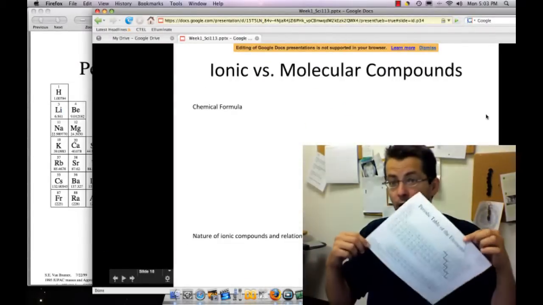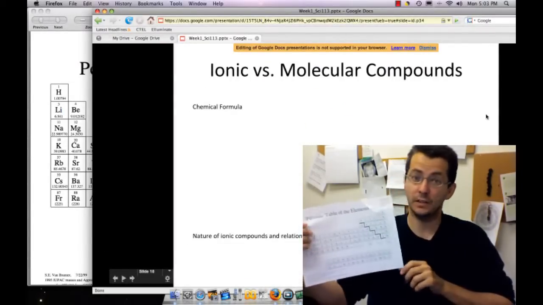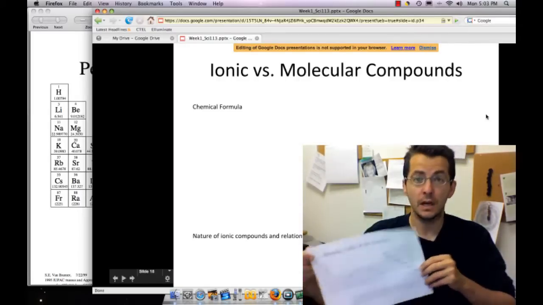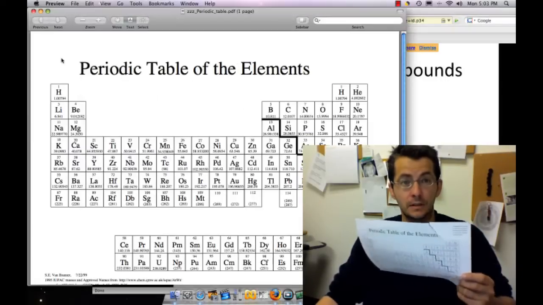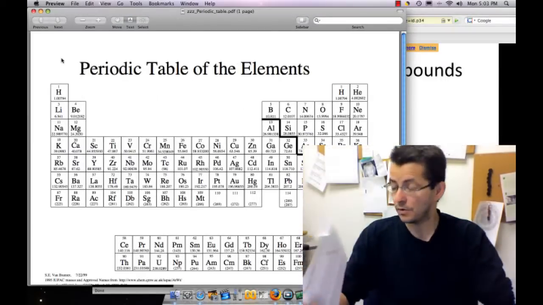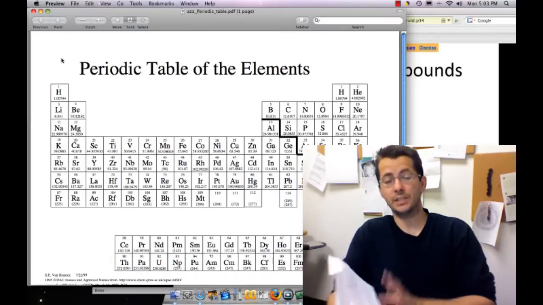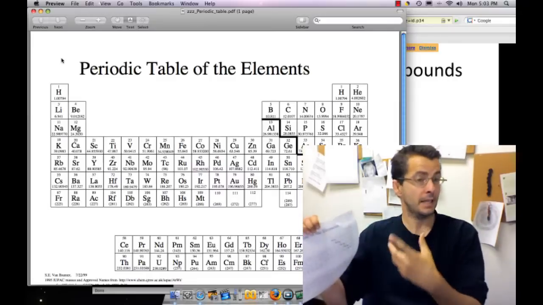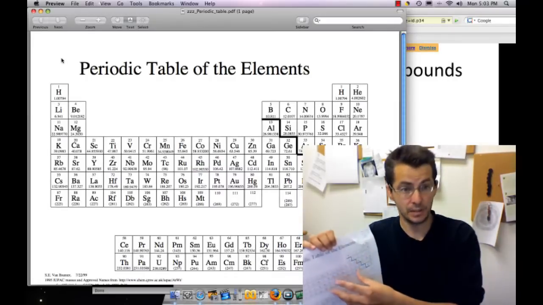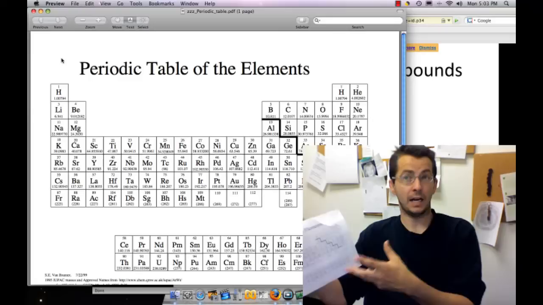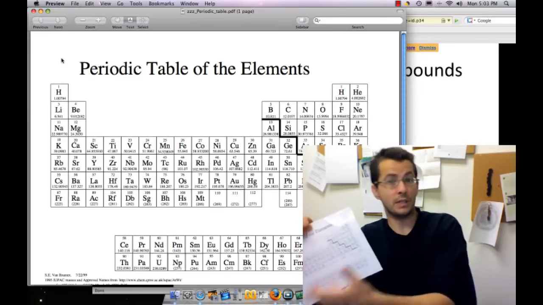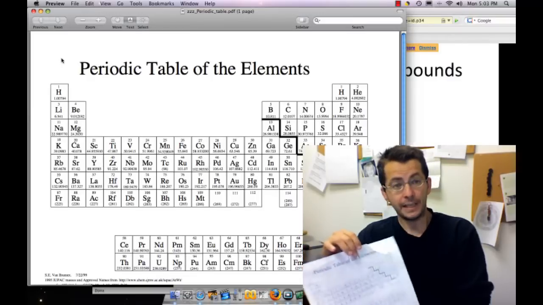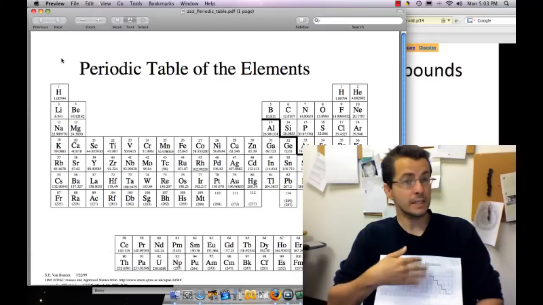So, you're going to get sick of hearing me tell you about how awesome the periodic table is. The periodic table is just loaded with information. Already we've talked about how we can look at it, and the chemical name comes from the symbol. The atomic number tells us the number of protons, the number of electrons. And what we're going to find out as we progress through this semester is where it is on the periodic